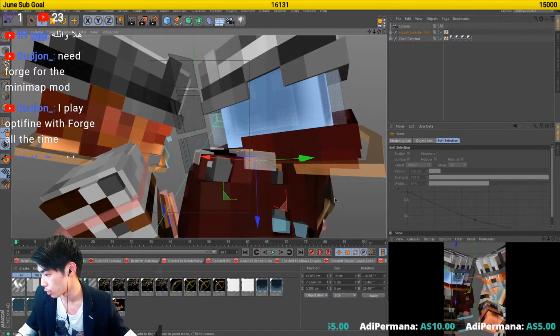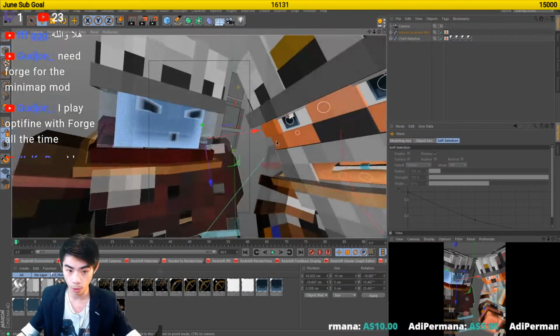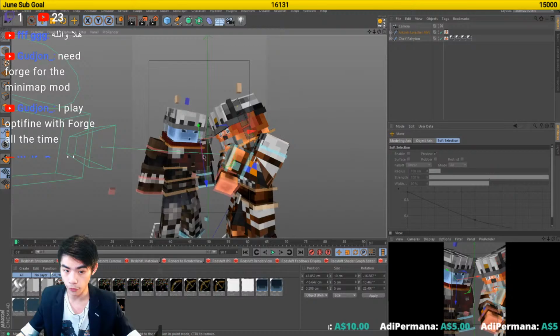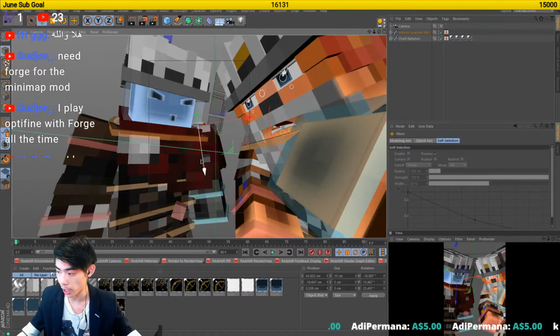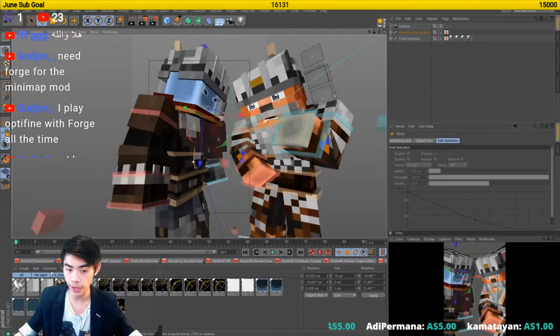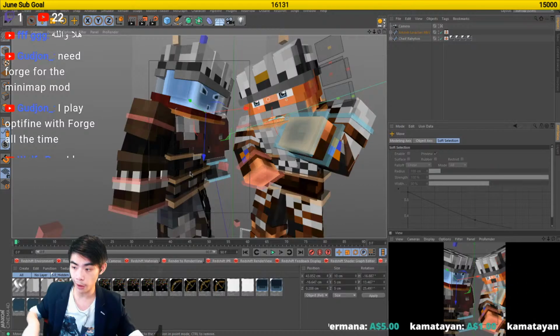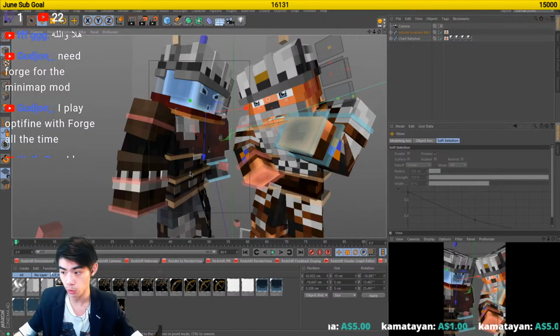Gudgeon says, I need Forge for the minimap mod. You're playing with Optifine and Forge on 1.13 or 1.12 though? Have they finally made Optifine and Forge compatible? On 1.13 or not? If they have, that's a good thing. On 1.13, because right now the server is stuck on 1.14. We can't use